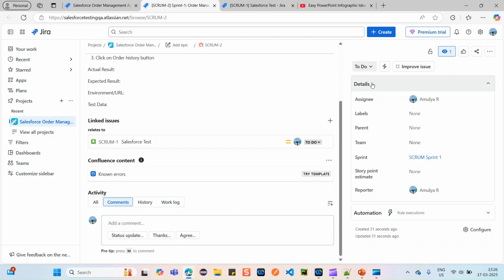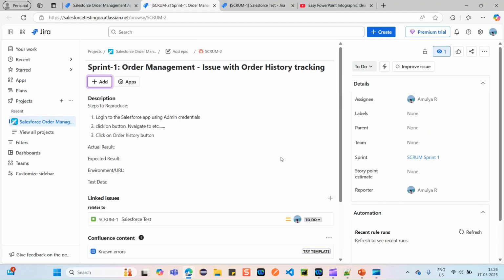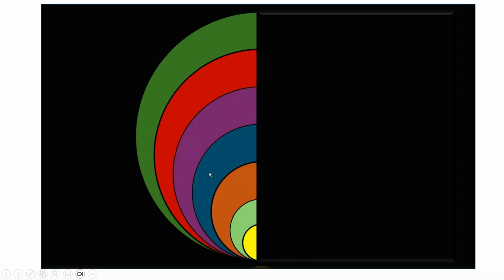On the right side, we have the different status, assignee, which is assigned to myself, sprint, reporter, and lot of other things. Yes, guys, this is how you can report a defect in Jira and link it to the user story.